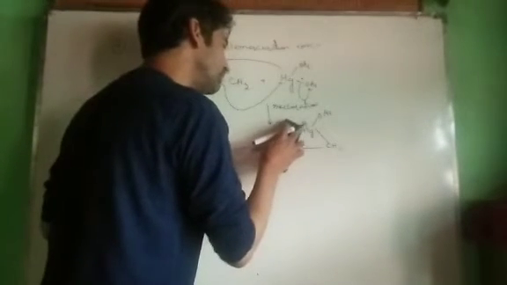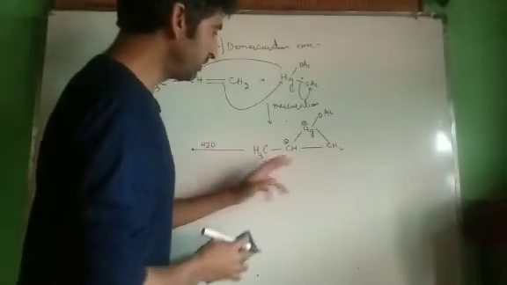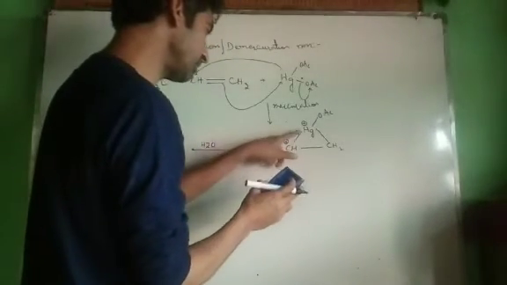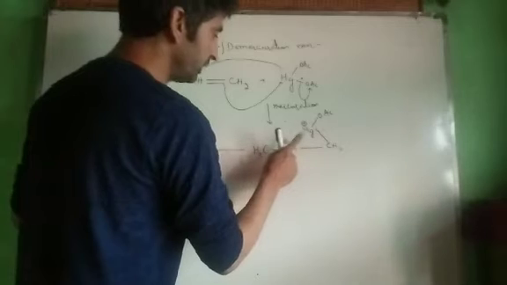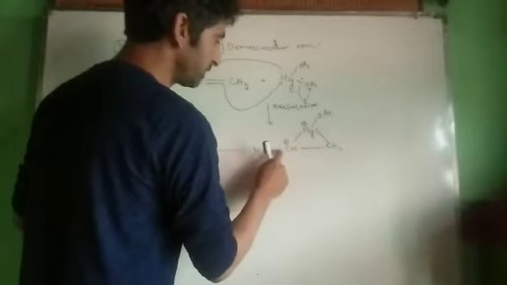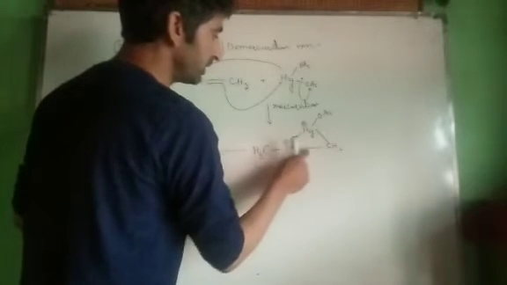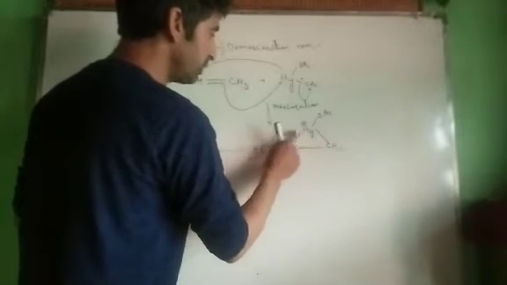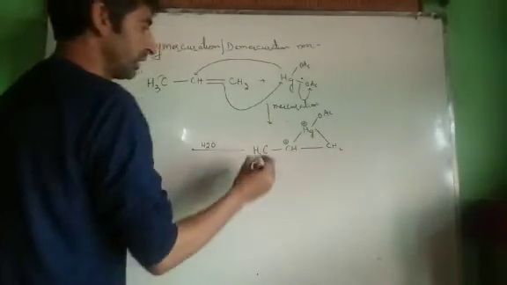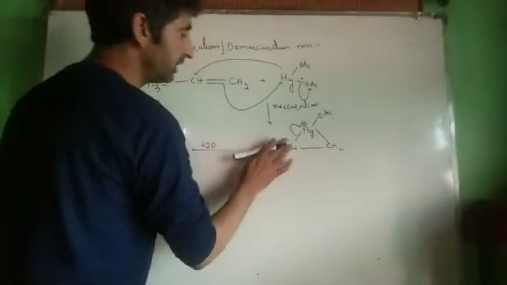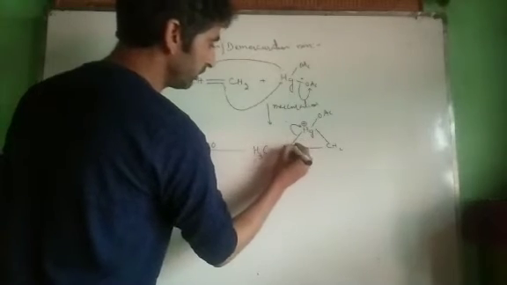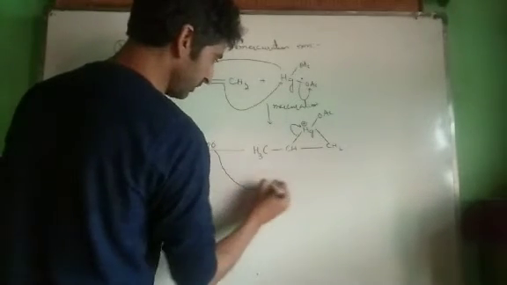Now remember, break the bond which will lead to the formation of the more stable species. For example, over here we are breaking this bond. This bond is more substituted. It has 2 substituents, and the other bond has only 1 substituent. The more substituted bond is to be broken down. Now we break this bond towards this side, the positive charge will vanish, and this carbon will become delta positive. It will be attacked by a water molecule.